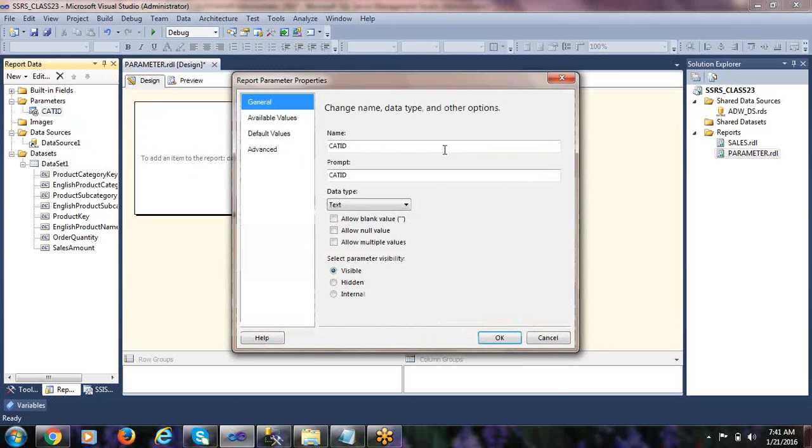Now let me open this. What is the name of the parameter? Cat ID. What is the prompt? Prompt message is nothing but, at the time of executing the report, the end user will be seeing that message on top of the report. So this is some kind of prompt message in order to help the end user know what type of value should be provided as an input parameter. So this kind of prompt message must be something like select